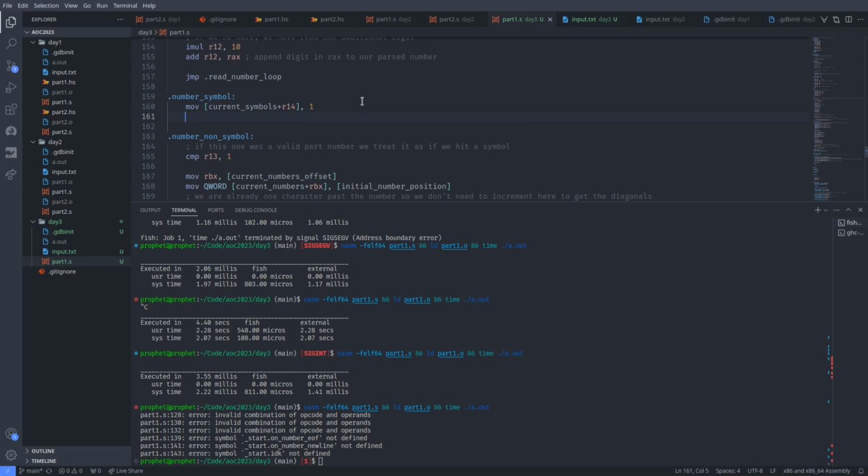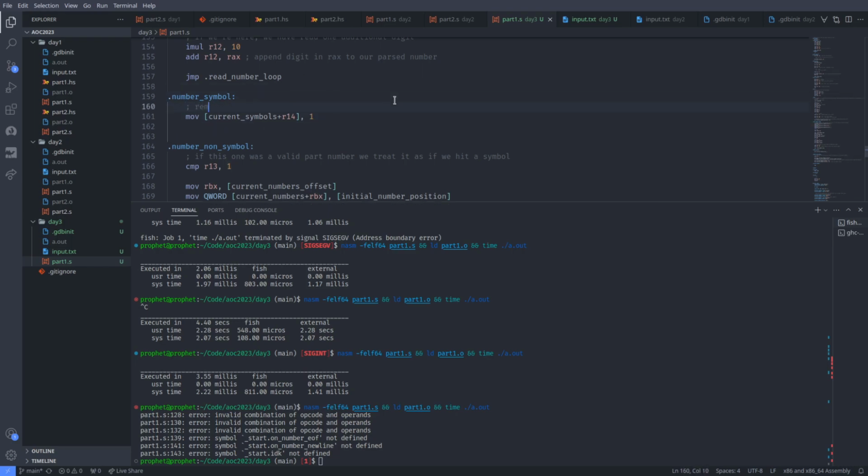Yeah, okay. Right, so we have the symbol. So number